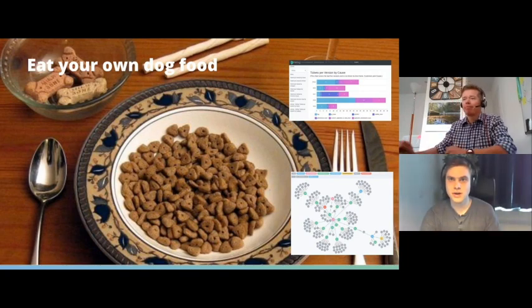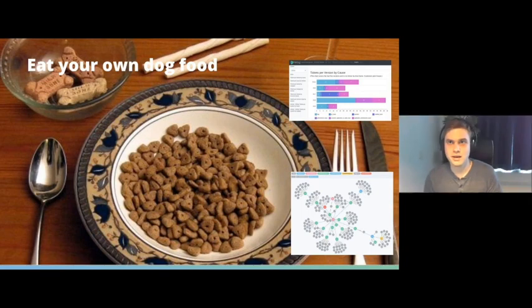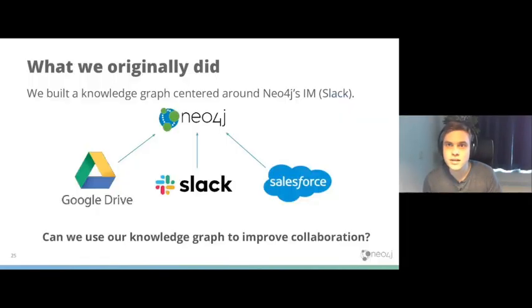Niels? Right. Okay, thank you, Jan. I'm going to get a bit more in depth into the data model and how we executed this project. See if I can switch slides. Right. So as Jan touched on before, this was really a two-phase project. The first phase was answering what people are working on and which clients they work on, kind of a search capability on top of Slack, as well as Google Drive and Salesforce.